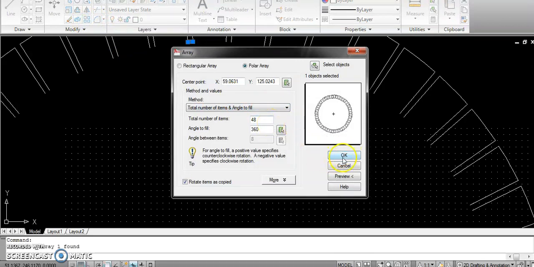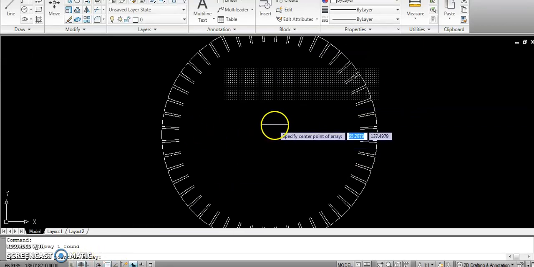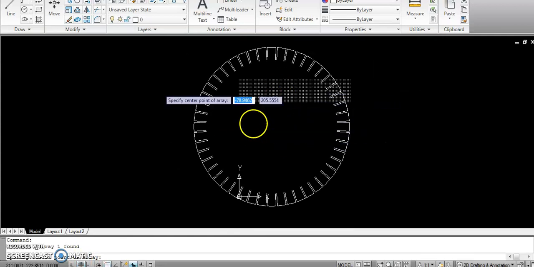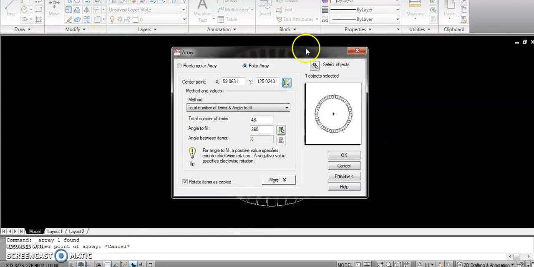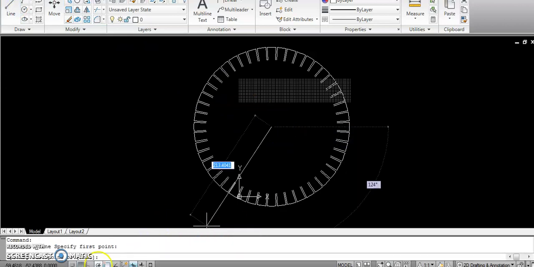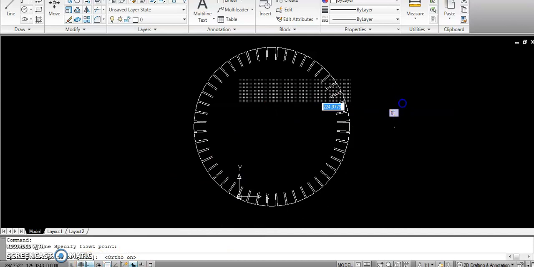If you press, we'll see how it will come. Center point I have selected. I have deleted that axis line, I guess. Keep this as an axis line for the time being, okay? Later you can delete if you want.